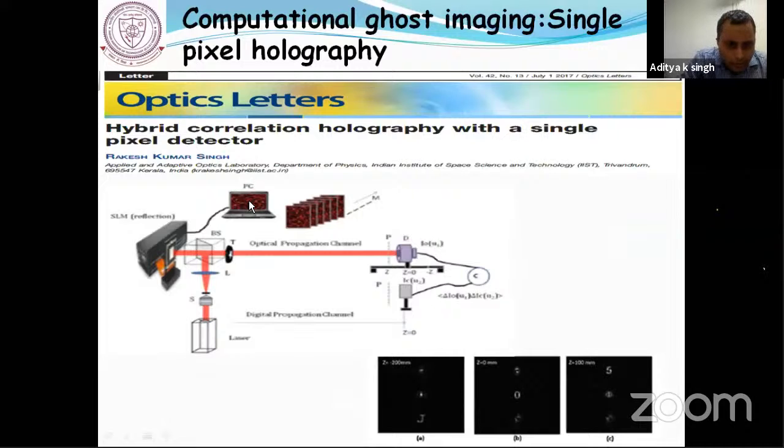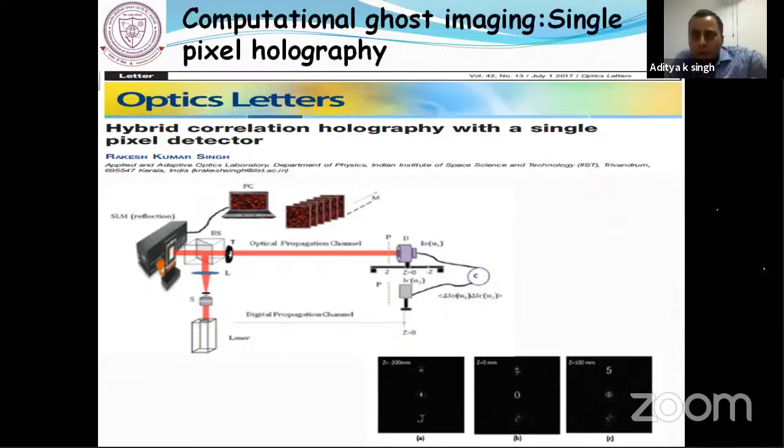In this case, light from the laser, you can see after the collimation from the focusing lens F, and then another lens F, this collimation setup makes the light nearly a collimated plane wave, and then it goes towards the SLM, the spatial light modulator, which is considered to be a reflective type. Just for simplicity, you can also use another transmissive type of SLM. The light which reflects from the beam splitter will illuminate your SLM, and then after reflection,